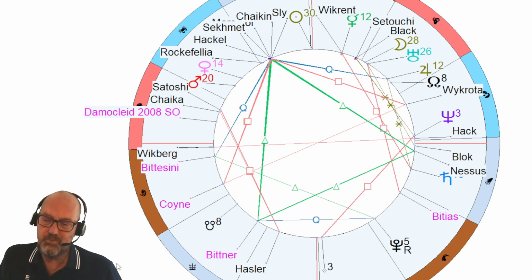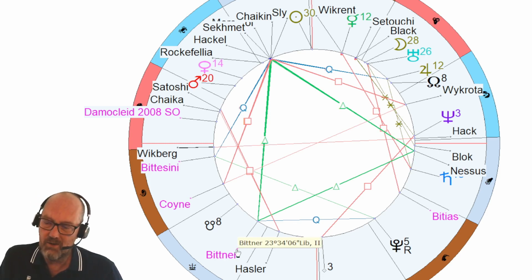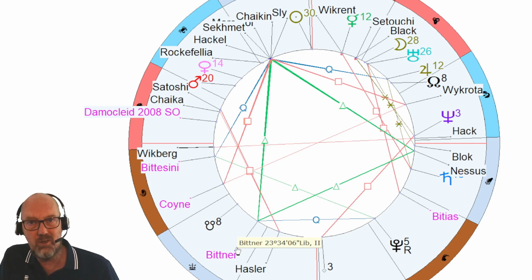And what is the role of Bittner? Well, it's that two-edged sword of we need them, but we also have to be careful that they don't take us over. But we have to conquer a lot of the old money institutions in order to make Bitcoin a success. That is the idea behind Bitcoin, a thought from the perspective of owners of Bitcoin. That's the whole story, basically.